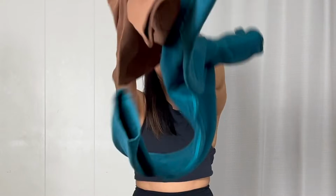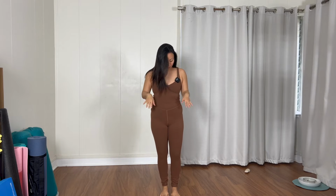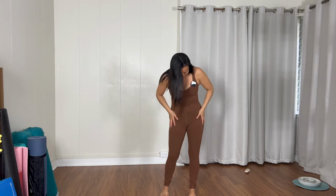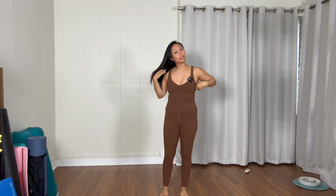Ready? Okay, so what do you think? This is the Align 25-inch bodysuit. Yeah, this is super comfortable. I will say that this is not